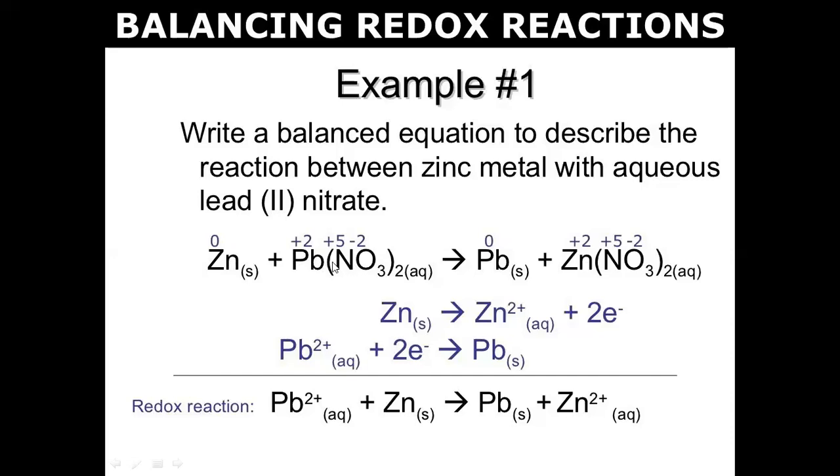So if you want to calculate the oxidation number of Pb, we need to know the oxidation number of nitrogen and oxygen also. If you want to calculate the oxidation number of nitrogen, then you must know the oxidation number of Pb and oxygen. So by knowing the oxidation number of the other attached species, we can calculate the oxidation number of any element. Clear?